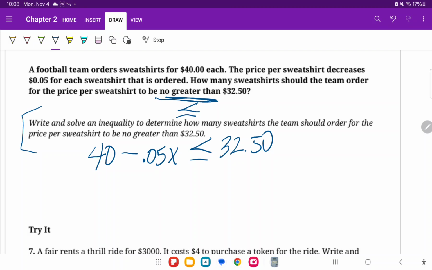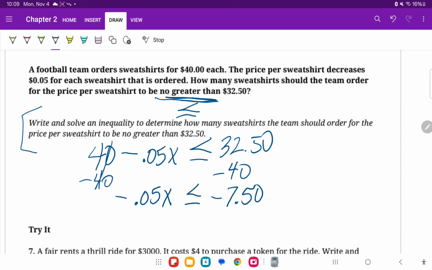Okay? Now, so again, it kind of follows the pattern that we've been working on. We have our total minus the part that, 5 cents per sweatshirt. And then we want that to be less than or equal to $32.50. So they could purchase more than that, but at a minimum, how much do they have to purchase? So we're going to subtract 40 from both sides. So on the left, we'll be left with negative 0.05x less than or equal to negative